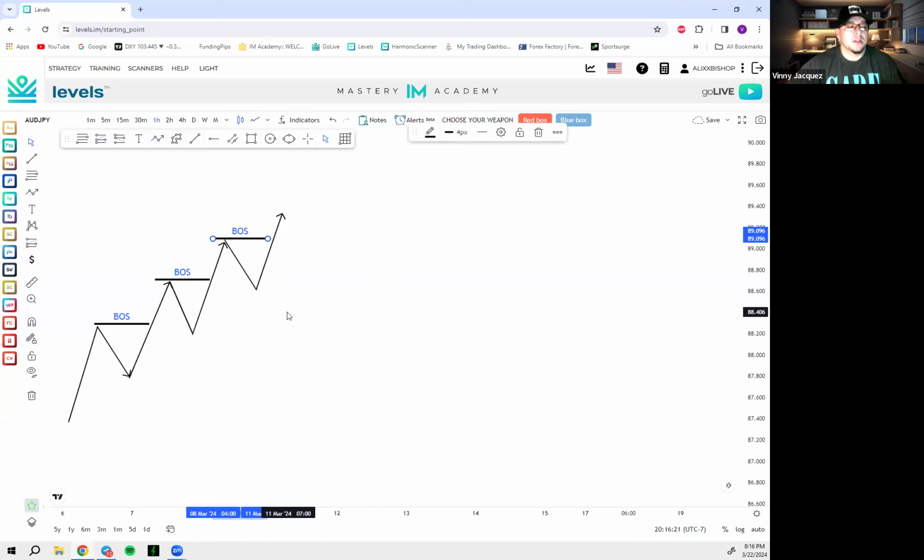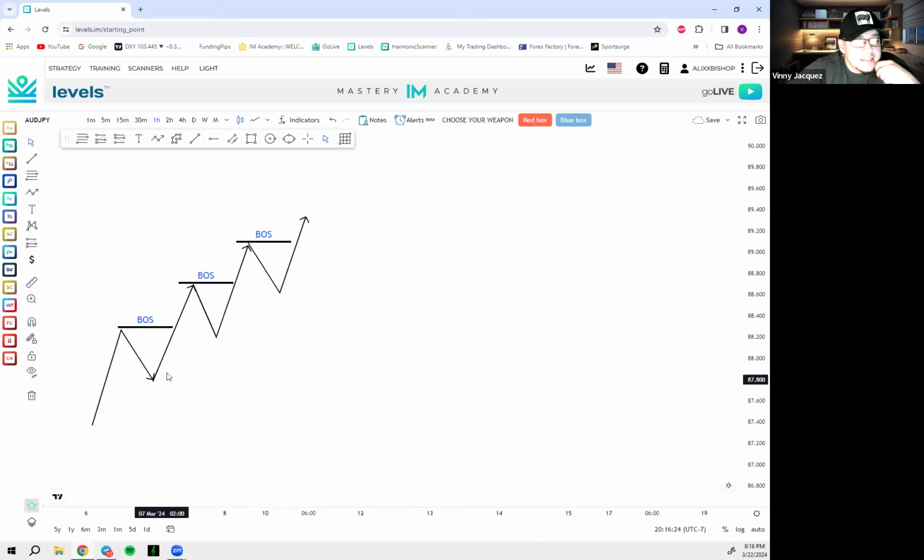Continuing trend. Now, guys, look at this. Does anything inside of here look like a head and shoulder? Anything? You guys see something? Nothing looks like a head and shoulder yet, right? So keep that in your notes. We can't get a head and shoulder until we change character. There has not been a change of character and trend yet. Market is still bullish. Now, when do we know we're going to get that change of character, right?